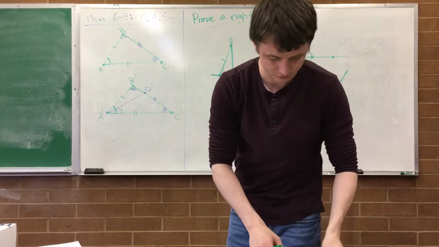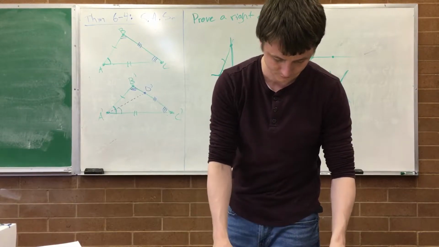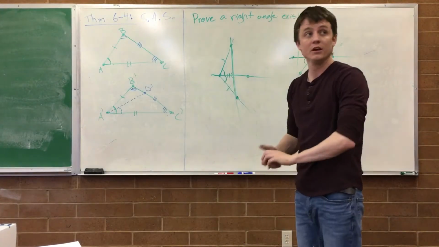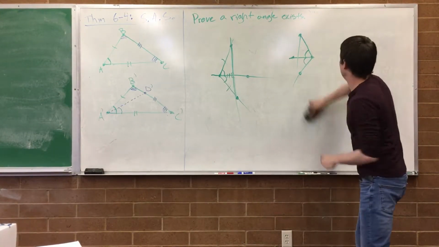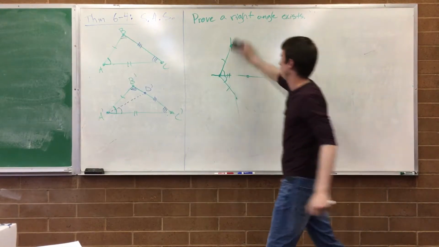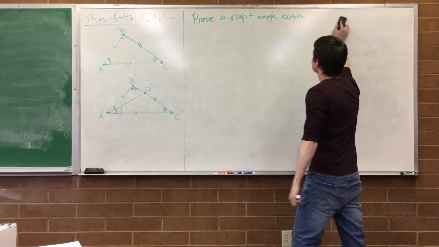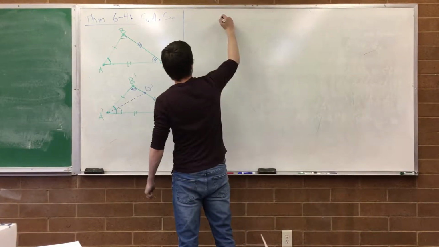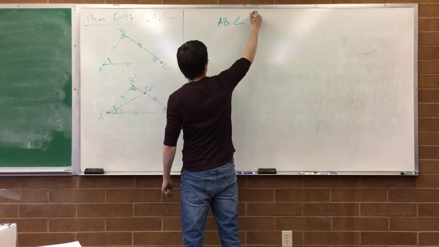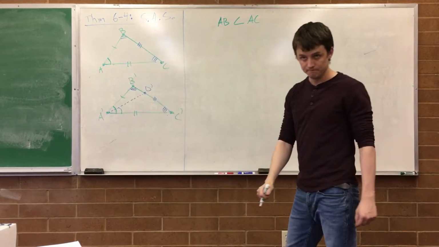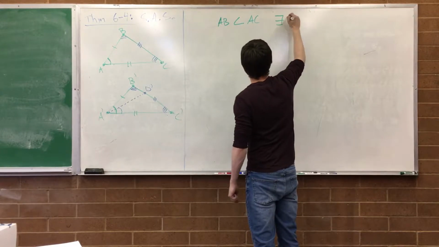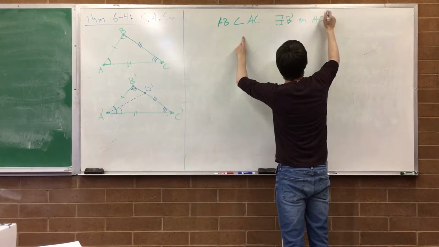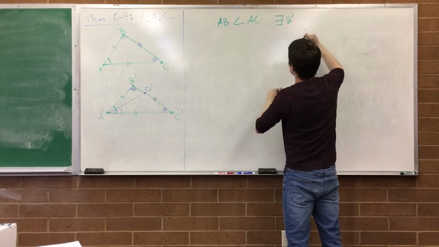And now let's do triangle inequalities, or angle inequalities. So going back to the last inequalities we did, what were the last inequalities we did? Segments, right? What did it mean for me to say that segment AB was less than segment AC? That there is a point on AC. There exists a point B prime on AC